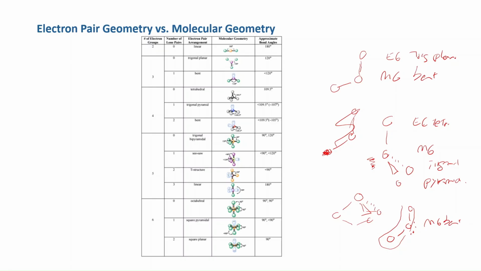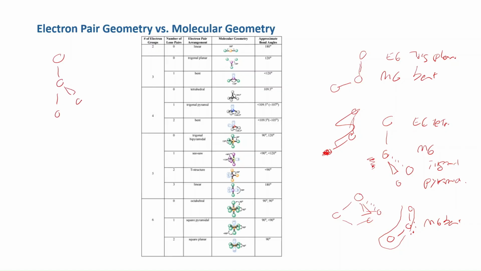What if we have trigonal bipyramidal? First thing with the trigonal bipyramidal is where do you put the lone pair? We're always going to put it in the equatorial position. Why? Because in the equatorial position, if you remember, there's 120 degrees. There's more room in there. So the first lone pairs are going to go in the equatorial position always, because the angle in the axial position is only 90 degrees.